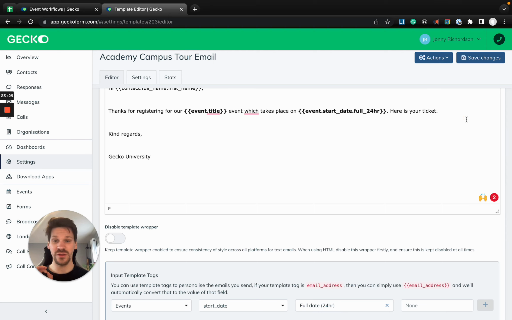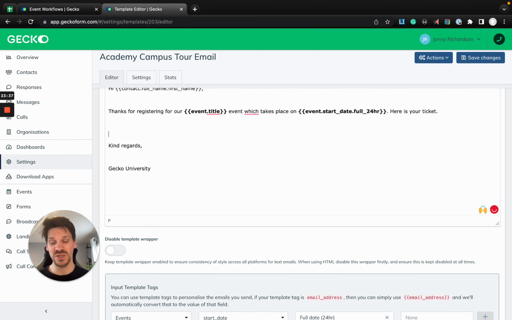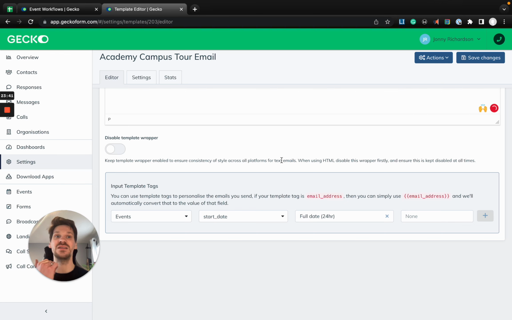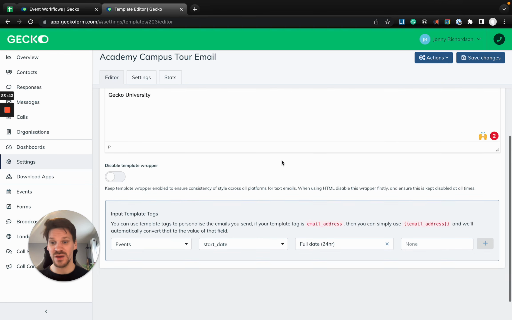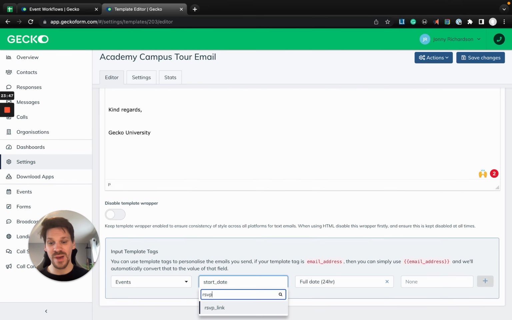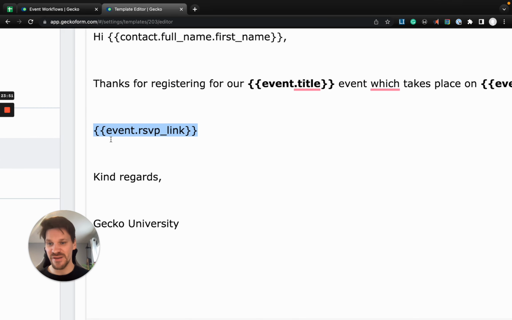The final one though, and the most important one that we've saved for last, is that here is your ticket. Gecko supports RSVP pages, which allows students to manage their own booking, change their own guest counts, cancel if they need to, change sessions if they want to, and also provides them with a QR code ticket. So if you remember just one thing from this, other than the student's name, it's this